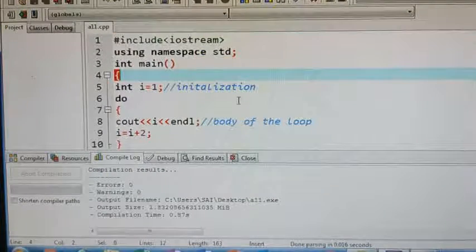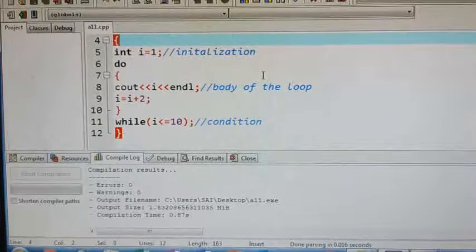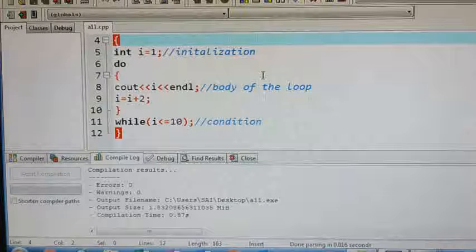So like this, whatever loop it may be, a while loop, a do while, or a for, you will need three things: initialization, condition, body of the loop. But where you write those statements is different. In a while loop, as usual, first we give the initialization, next the condition, next the body of the loop. But in a do while, initialization, body of the loop, then the condition. In a for loop, initialization, condition, updation, we write in the same line. So that is the difference.